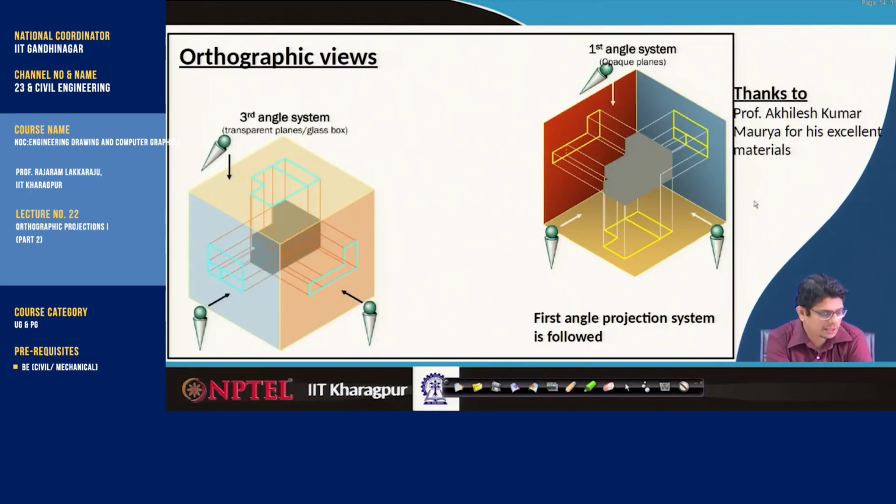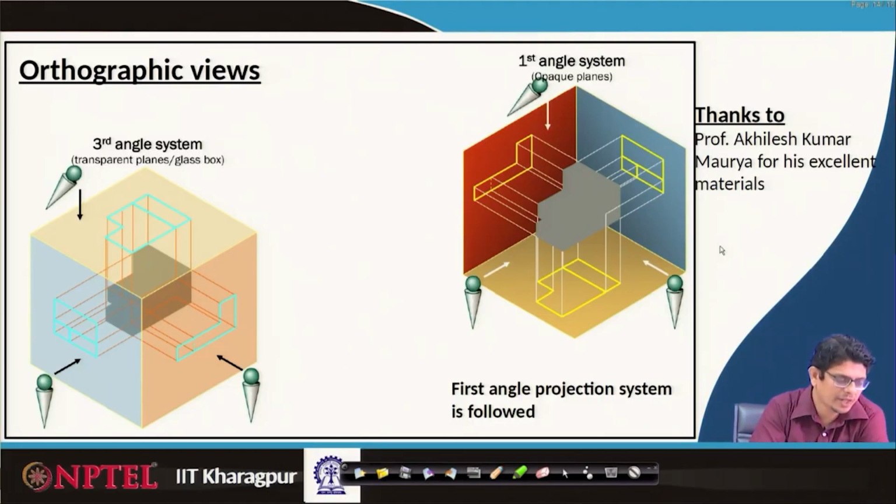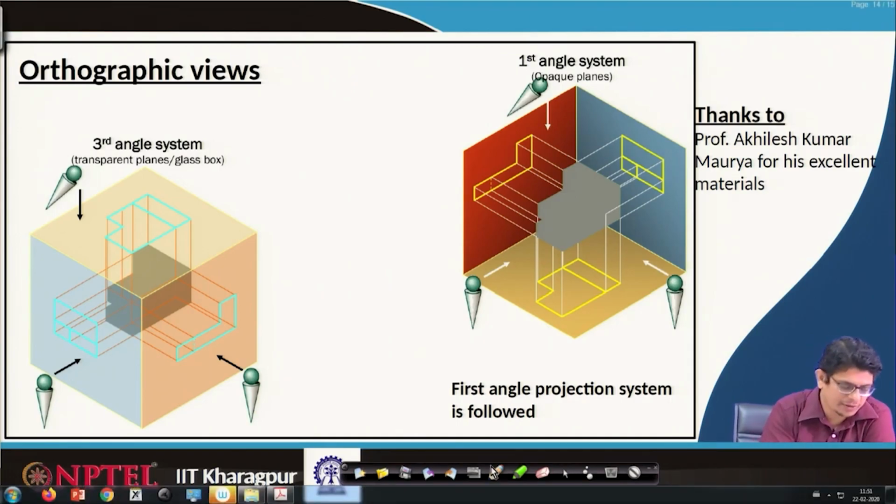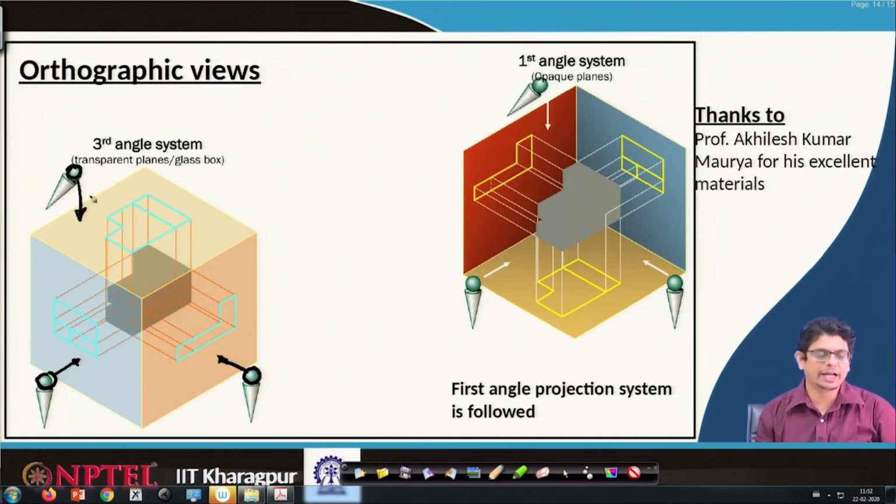Let us look at the third angle projection system. The observer direction is transparent. For example, here we have an observer watching in that direction. Similarly, the observer is watching in that direction, and the observer watches in that direction. Onto that direction, if we are projecting whatever we are going to see, that is what we call